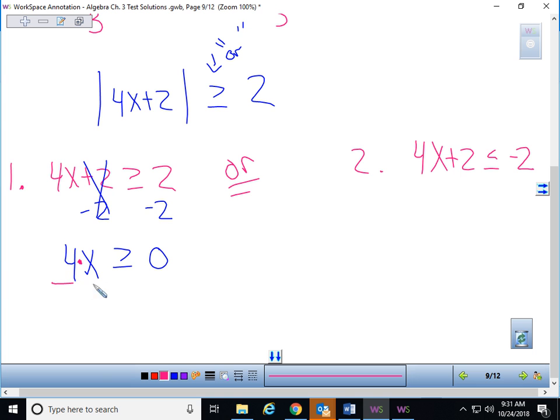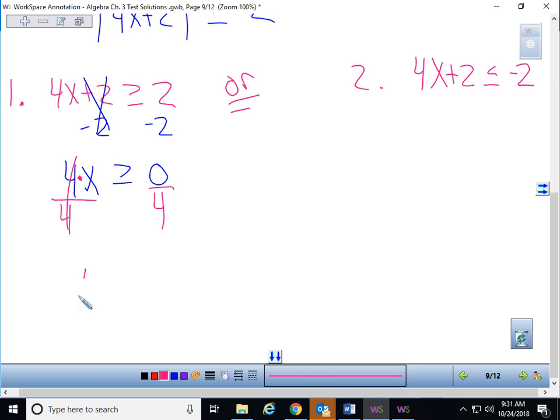Solving for x, we're undoing the secret operation of multiplication, so I'm going to use division. 0 divided by 4. That's allowed in math. It's the other way that's not. So 0 divided by 4 is just 0. So one solution is x greater than or equal to 0. Or,